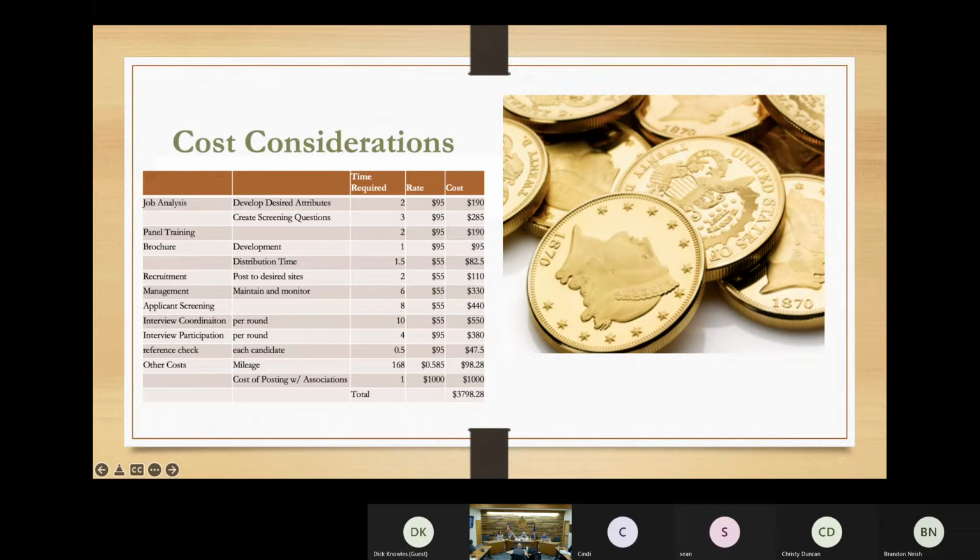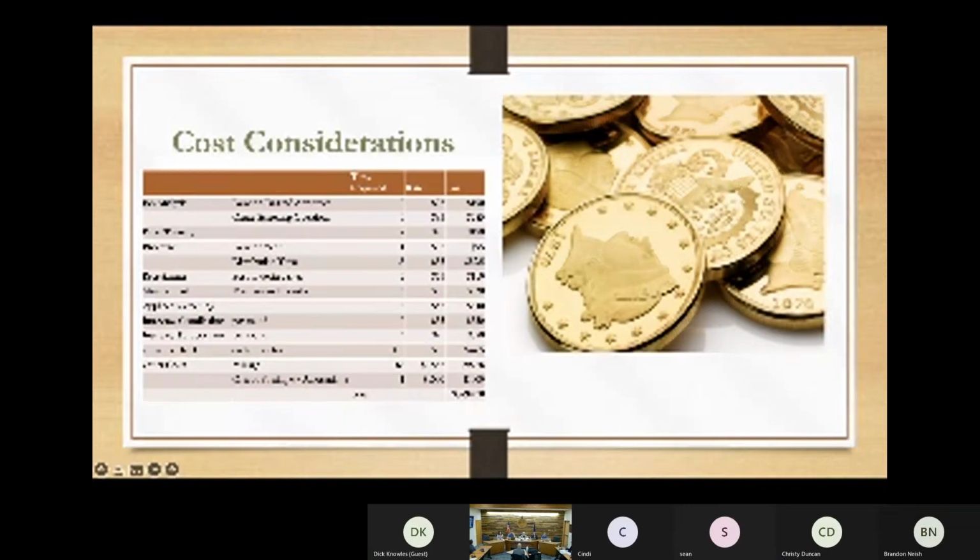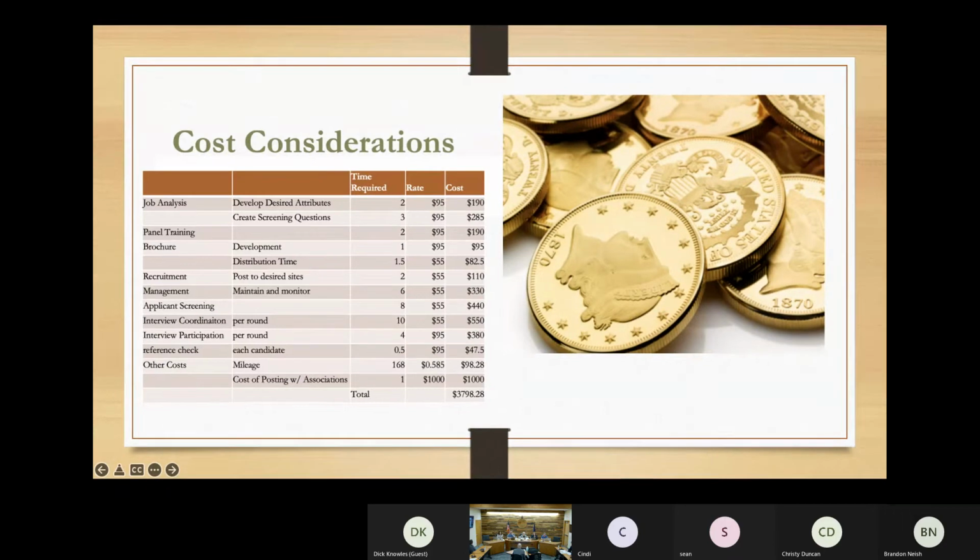The IGA that you're looking at is a little more precise in terms of what the hourly costs are for myself and my staff. And the IGA is written as a time and materials, essentially not to exceed an amount of $4,500. As recruitments go, it's relatively inexpensive. But again, it's not about making money for the COG. As long as we're covering our costs and we're able to provide services that are beneficial to you. And the next slide, please.